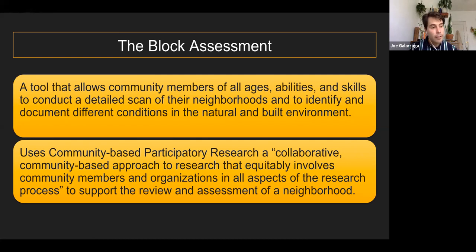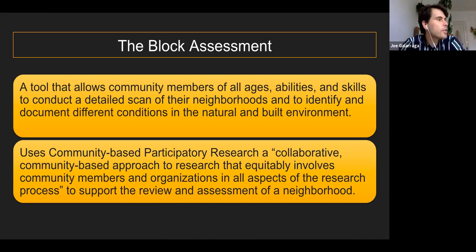Because let's say that you have a lot of people who all go out together and assess different blocks in a neighborhood, you'll be able to compare, and you might be able to say, this one block has an exorbitant amount of trash compared to the others. Why might that be, and what can we do to fix it? And it might be the case that, oh, this is the block that the garbage truck goes down, and a bunch of stuff falls out as the truck goes down the street. In which case, you come up with a neighborhood-level solution for that.